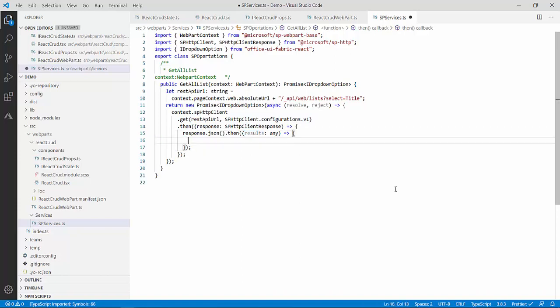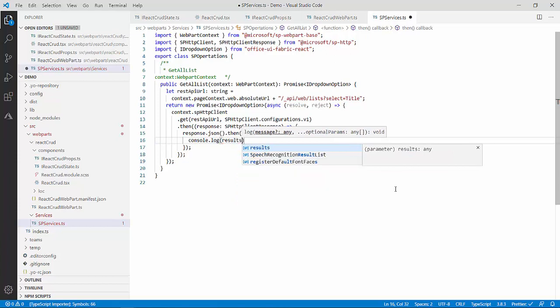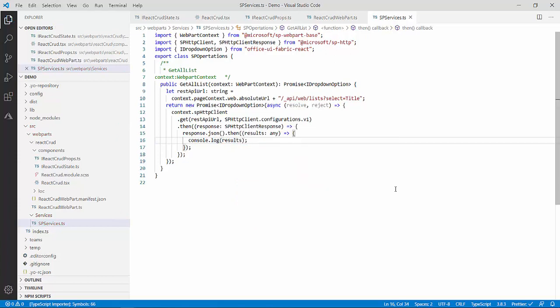In the console.log you can see the format in which I am getting the result, and then we will format it as per our requirement, as per the desired result we want. Then we will see how to get the title out of these results.